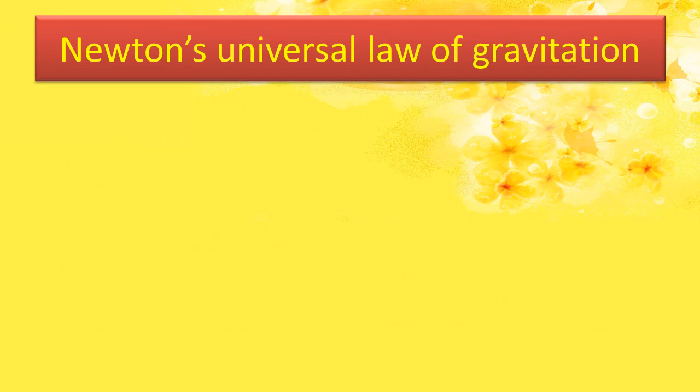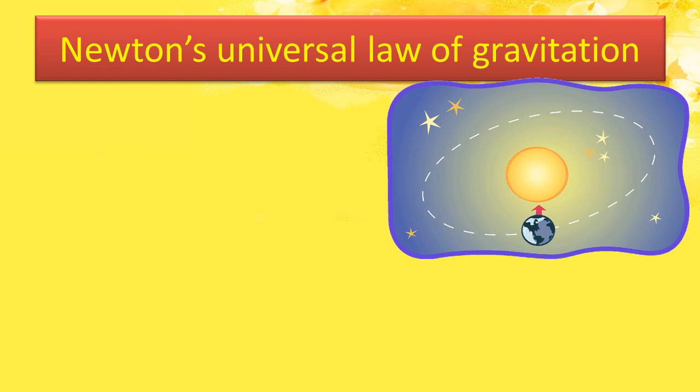Students, all these considerations, including Kepler's laws which we saw in our previous slide, led Newton to formulate his theory of universal gravity. According to this theory, every object in the universe attracts every other object with a definite force. Here you can observe the earth. The earth is orbiting the sun, and as it moves around the sun there should be some force and attraction. Due to this force and attraction, the earth is able to revolve around the sun.